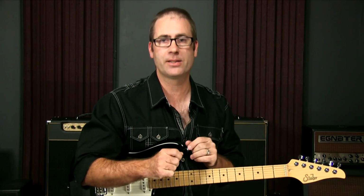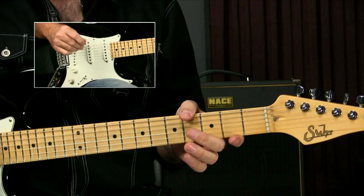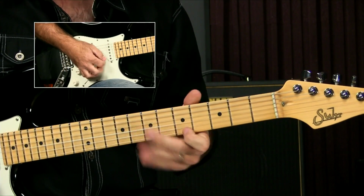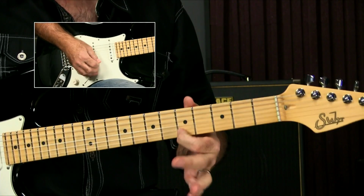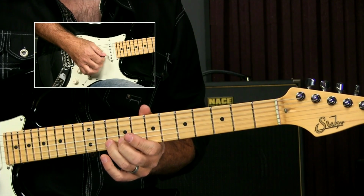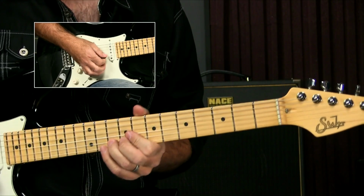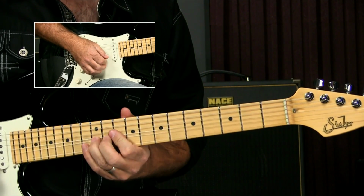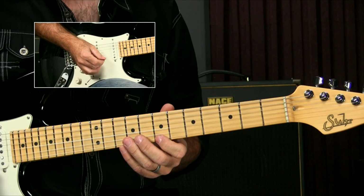Okay, you need to find that note on your first and second string, because that, my friend, is almost guaranteed where you're going to start. Let me show you what I mean. Let's say, for example, that we're in the key of A. There's an A at the 5th fret, and there's an A at the 10th fret on the 2nd string. Okay, how about B? Okay, well, there you go. Let's say we were going to start,